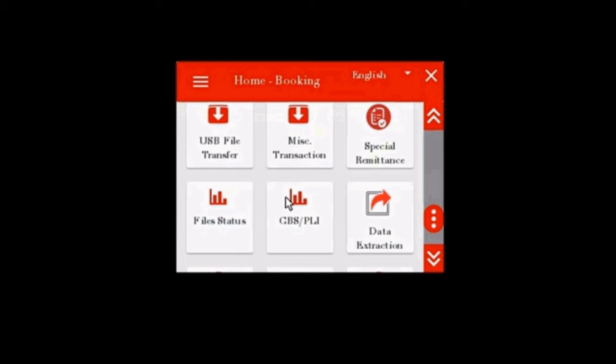Now the BPM will find his or her running cash balance of the device mentioned at the top. That is the balance before entering today's receipt amount, with two options, receipt and payment, just below the cash balance of the device. Receipt option will be auto-selected.